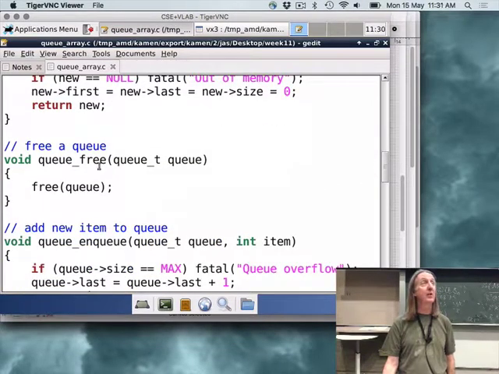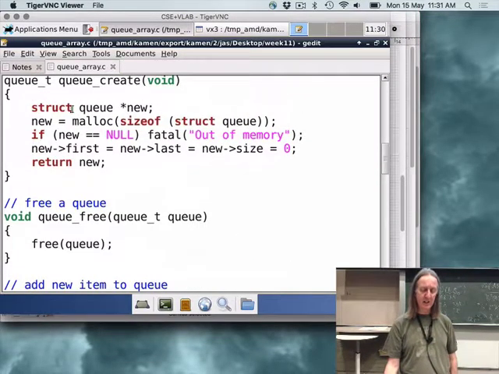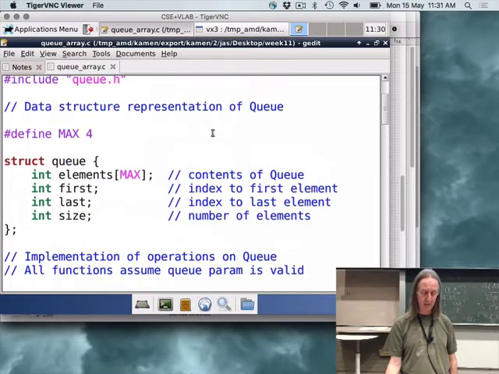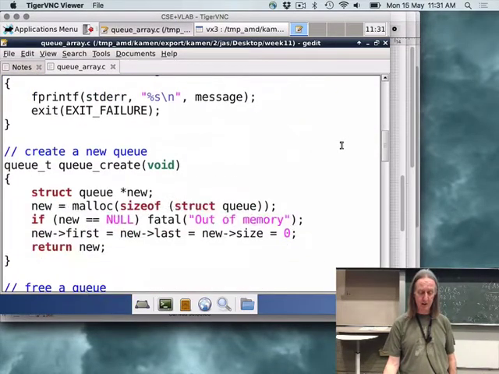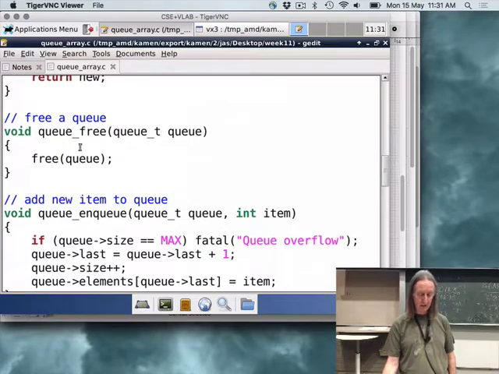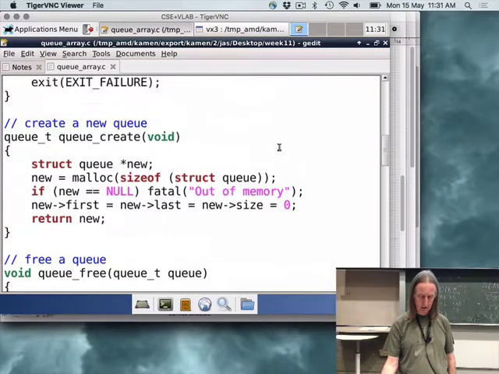If we want to free the queue object, we simply go free queue, because all of the memory that we malloced here is contained inside the struct. So if we go back up here, we have the whole array, and here I've made it very small because I want to show things going wrong. First, last and size, all of the memory associated with the queue is contained in the struct object. So when you want to free up the queue, that's all you've got to get rid of, that struct, which is what that's all about.